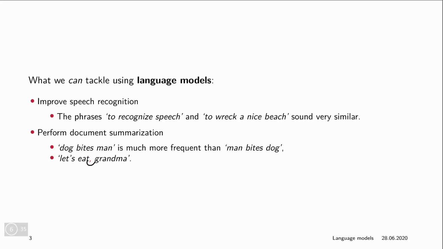If we would look at the phrase "let's eat grandma", a proper language model would actually tell us that this comma is important. So if we model the comma as a word, it would recognize that having the comma there gives us a more sensible sentence than if we leave out the comma and would say,